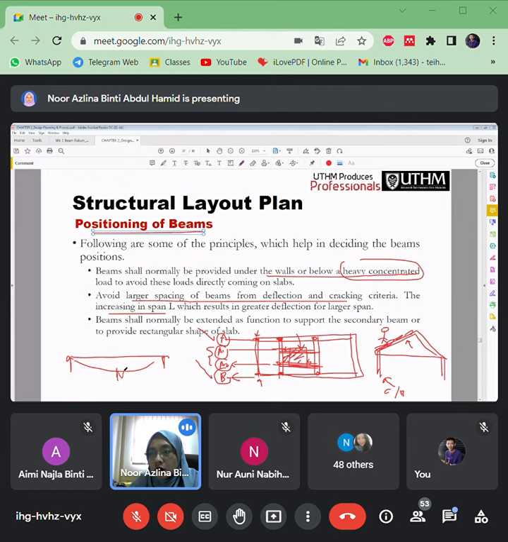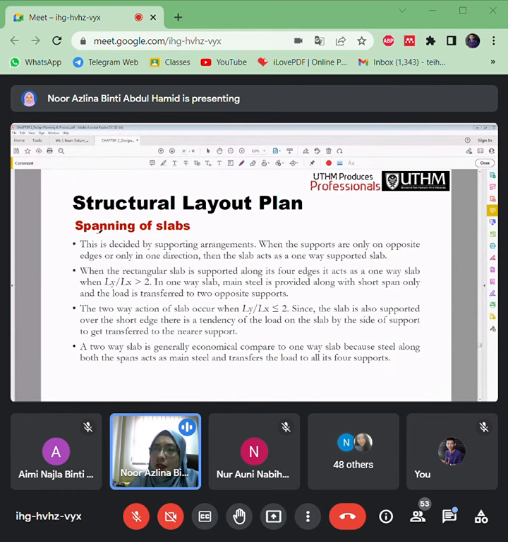So once the moment max is very high, katalah about 200 kilonewton meter, numbers of reinforcement pun tak sama compared if you calculate 100 kilonewton meter. Might be ni sampai 3 bar. Kalau just 100 kilonewton meter, we just provide 2 numbers of bar, right?